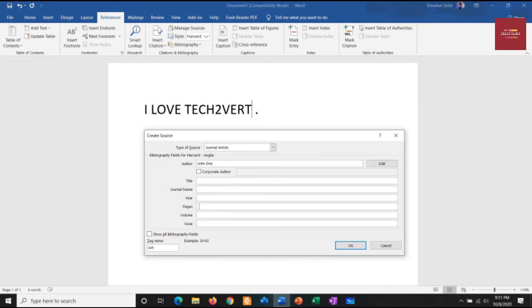In pages, you are going to mention the pages in which the topic you have explained in your assignment is mentioned. In the volume, you give the volume number, and the issue is going to be the issue number. So using these things you can do your assignment citation.